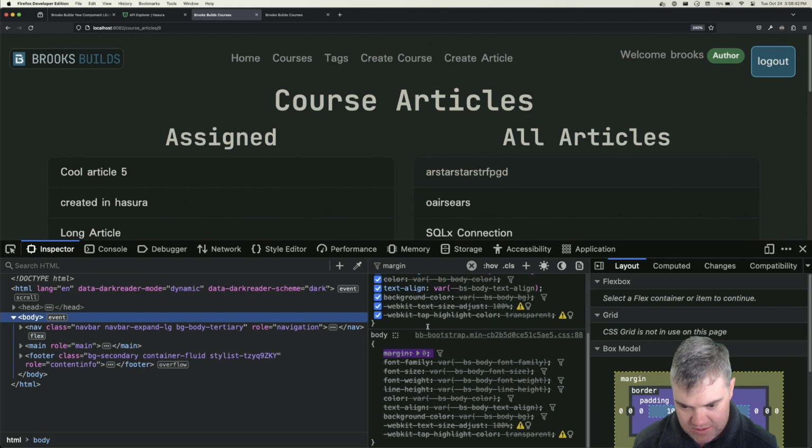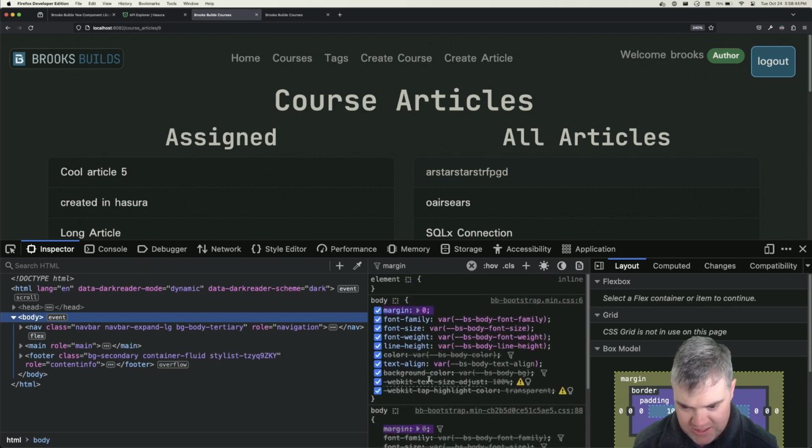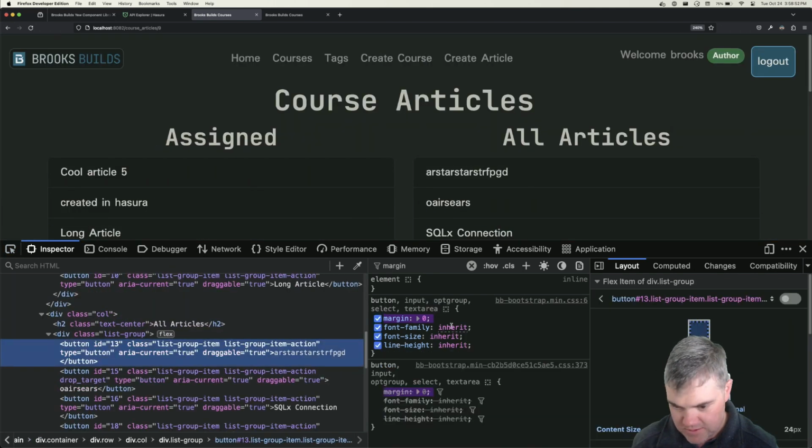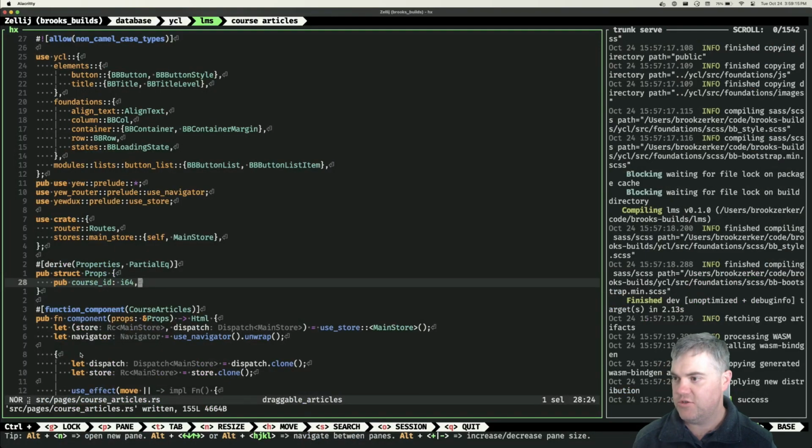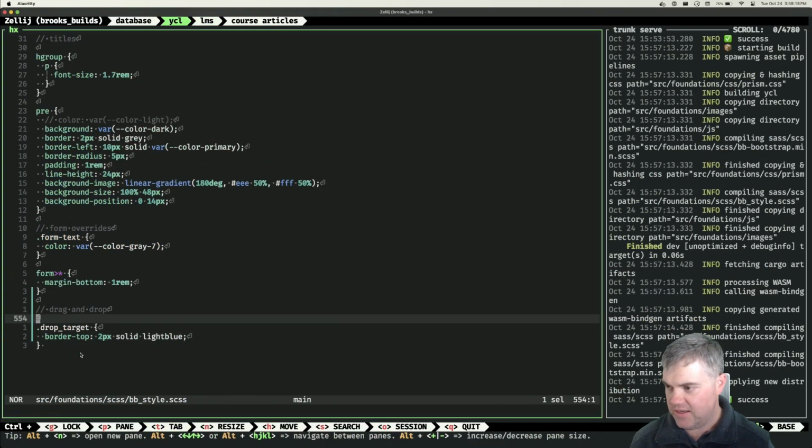All right. I didn't see the margin get set here for button. Why are you body again? Well, I still don't see the margin being set for this. Because you're not a button. You're a list group item with type button. Oh, okay. So what if I try this instead of